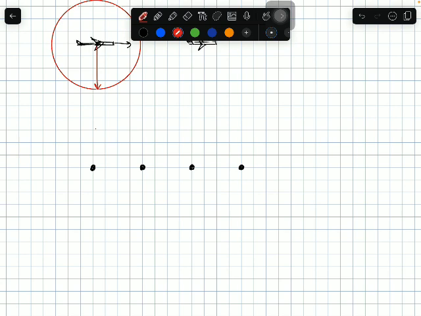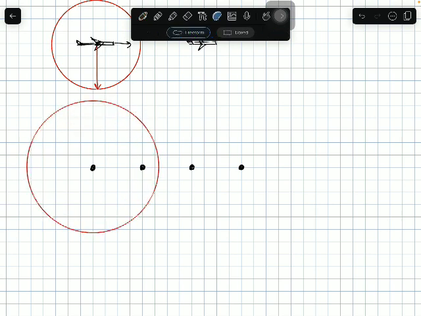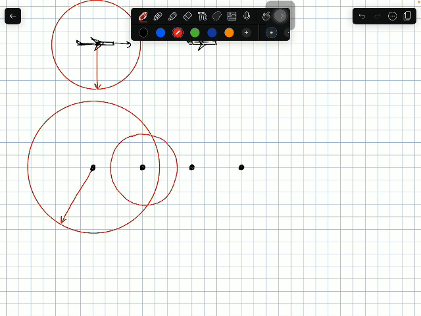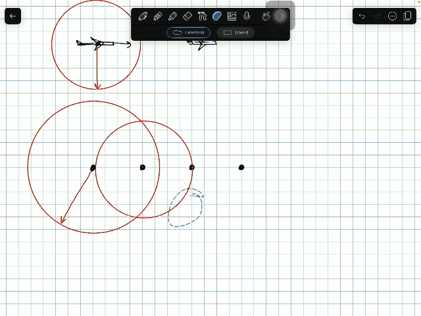So let's say that the first beep signal happens here. It propagates from this source,